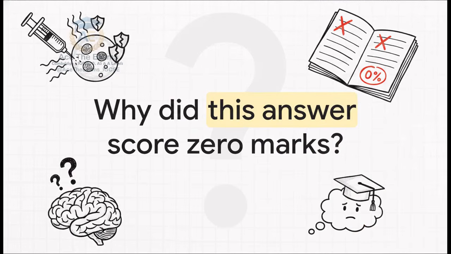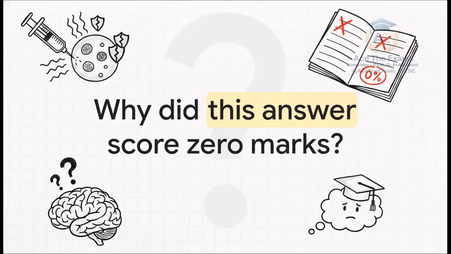So consider this exact exam answer. A student writes, "The patient got immunity from the vaccine." Sounds totally logical, right? I mean, it sounds correct. But here's the kicker. This specific answer scores absolutely 0 marks on a Cambridge exam paper. 0. This is the exact fatal mistake that costs students their grade boundaries every single year before they even realize